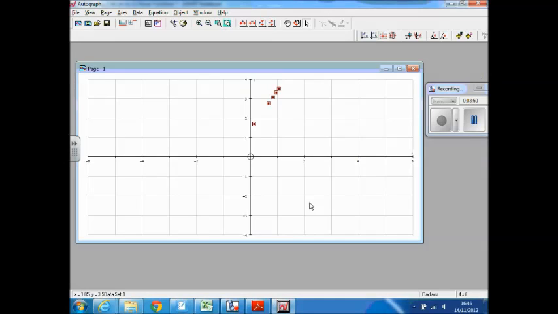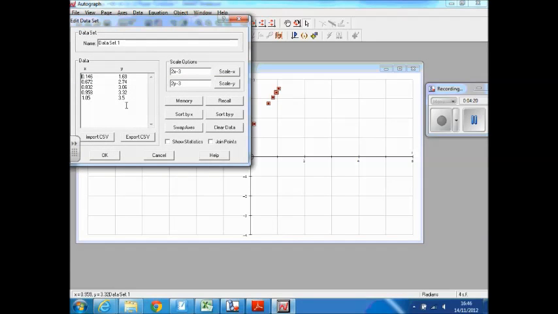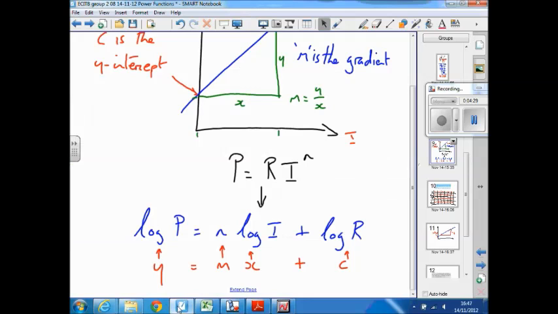Let's look at how this works. We fire up Autograph and you get a blank page and you can put some data points on. I've put a lot of them on to save time, but if I double click on these, I get the data set. To enter it, you hit this button here, enter an XY data set, in other words a data table. If I want to enter a data point, I just hit return and it goes to the next point. So I've just got the last two to put in, which was